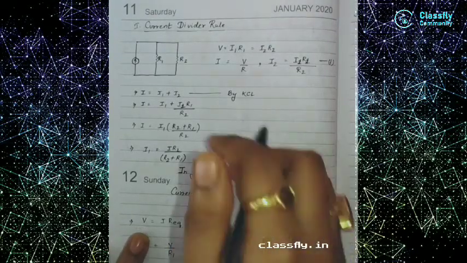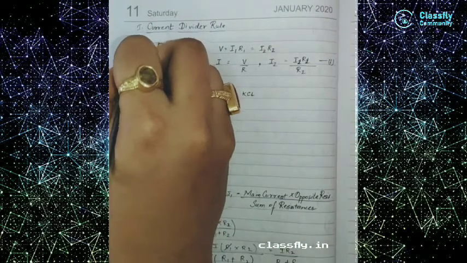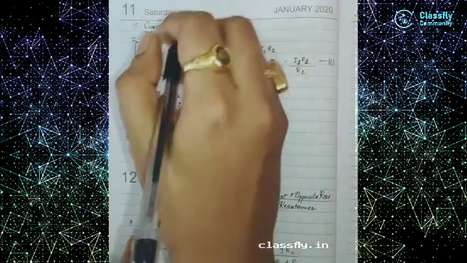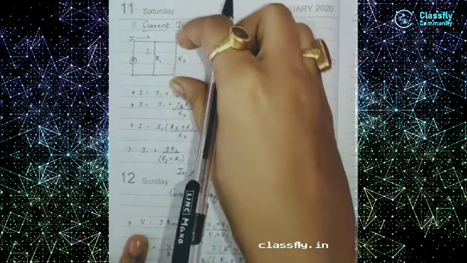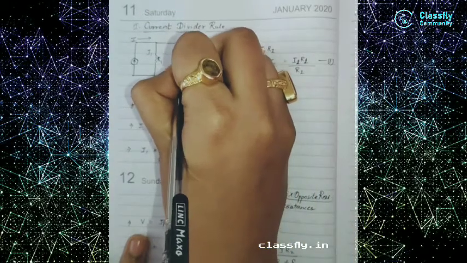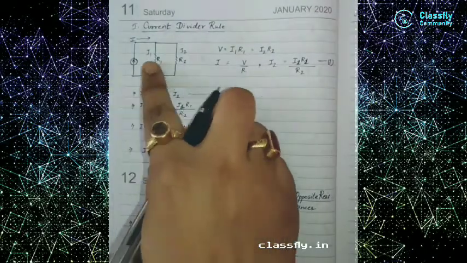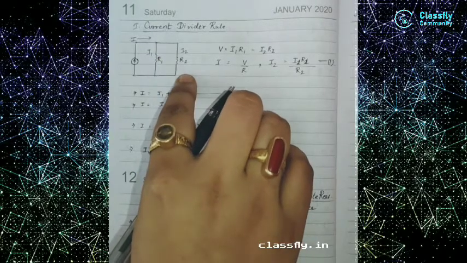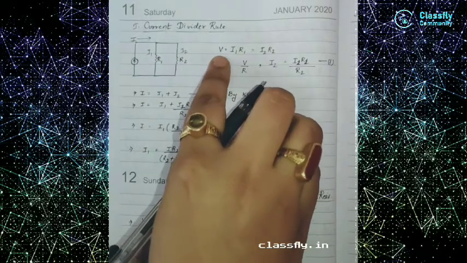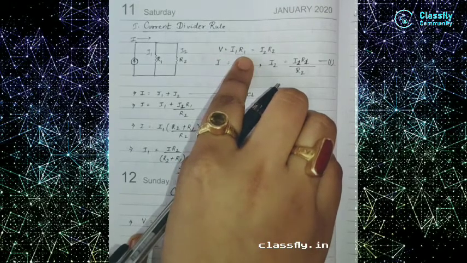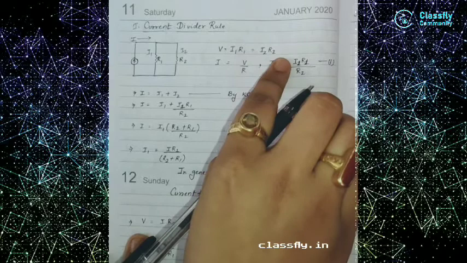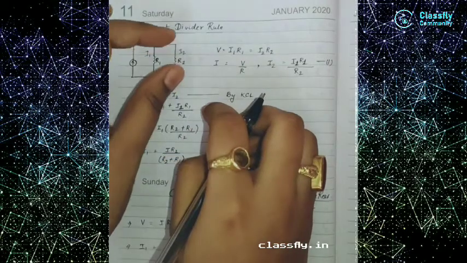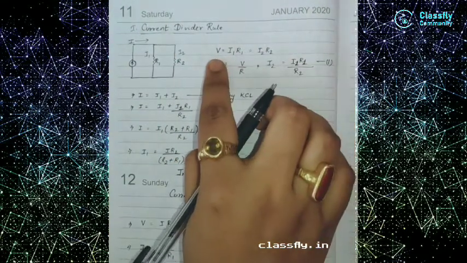Yes, you are correct. So if my current I has been flowing in a parallel circuit, then for resistor 1 the current will be I1, and for resistor 2 the current will be I2, but the voltage will be the same for both the resistors, R1 and R2. So we can say that the total V is equal to I1 R1 as well as it's equal to I2 R2. That means I1 R1 is equal to the total V, and I2 R2 is also equal to the total V.